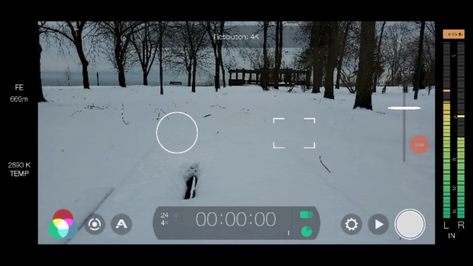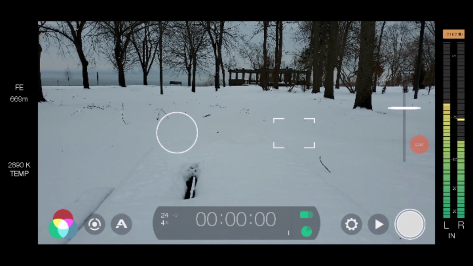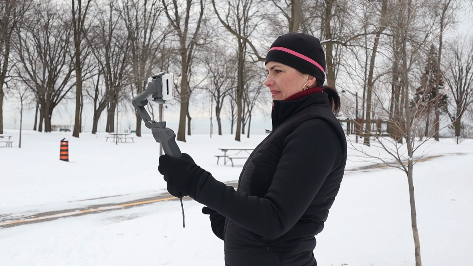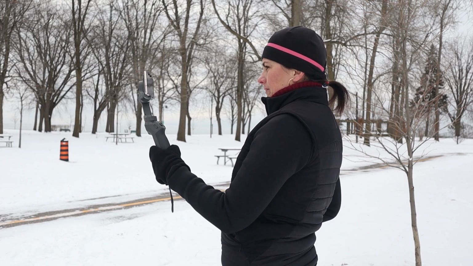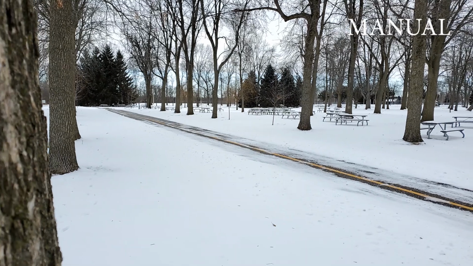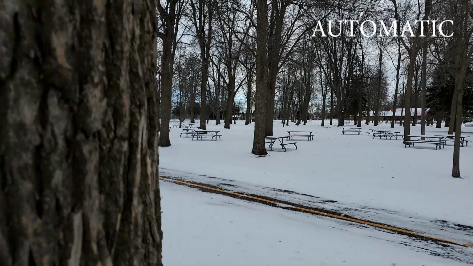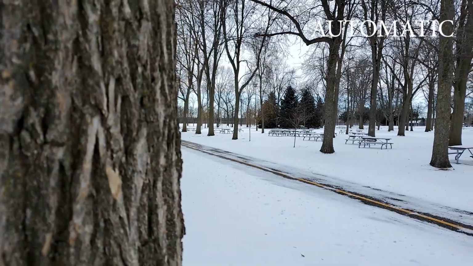When you first open up Filmic Pro, you will automatically be filming in 24 frames per second. The size of the video will be 1080p and the aspect ratio will be 16:9. Everything is automatic, like brightness and white balance. So when you record video like this, it will be all over the place. The colors might change, it will get dark and bright on you, and all that. Let's change that. First of all, let's start with resolution.